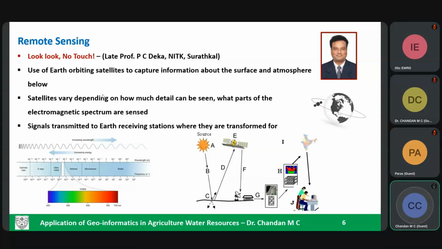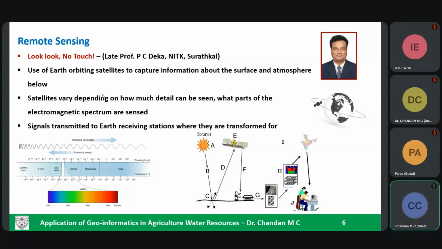Not being in physical contact with the object, but still trying to get the information about the object itself. In our daily lives, as you are seeing the screen, you are doing remote sensing. You are not directly touching the screen every time to get the information, but you are able to see what is presented on the screen. And in the animal kingdom, bats also do remote sensing via sonar. They send sound waves, sense that there is a prey, and go and attack it. They are not in direct contact with the prey, but they are able to perceive where it is.